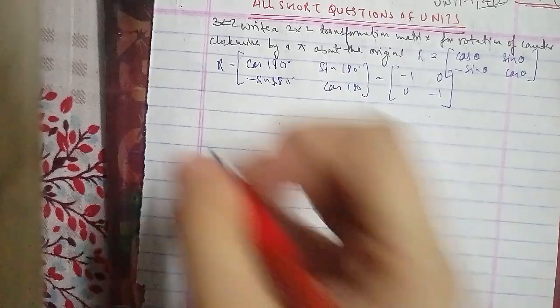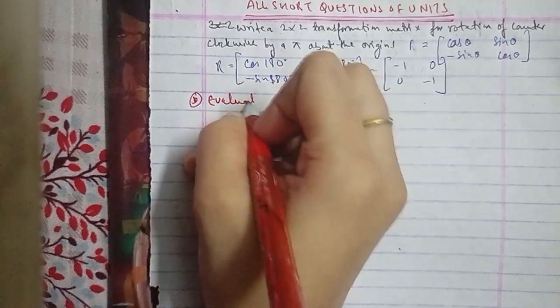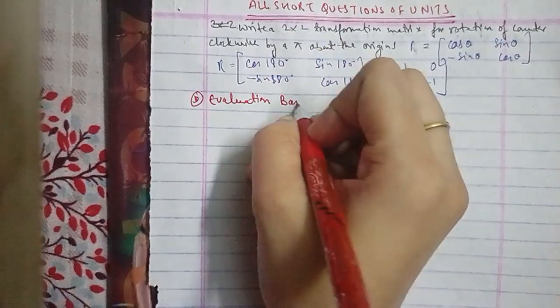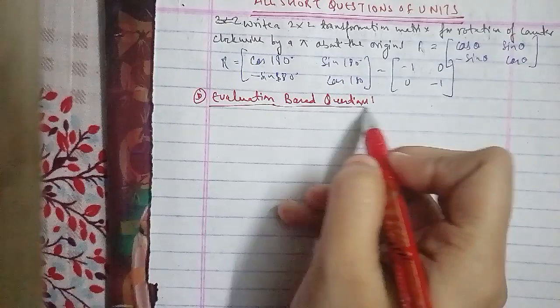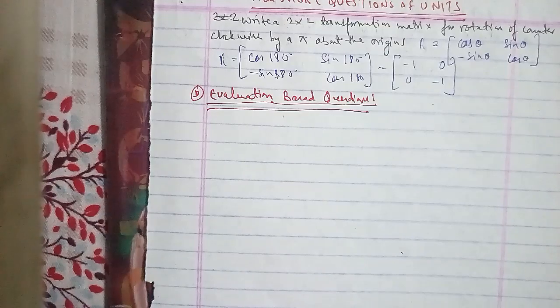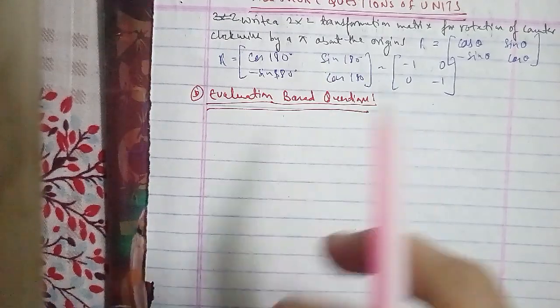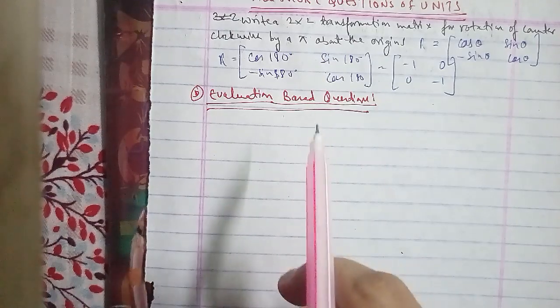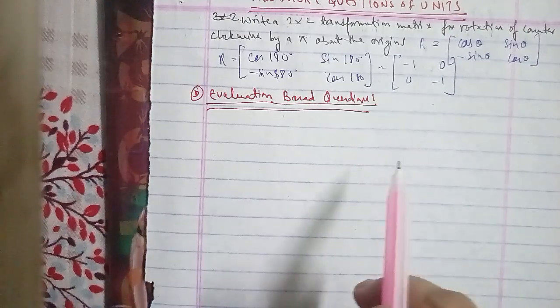Now we'll talk about the evaluation based questions of unit 2 that we have to complete. In the first evaluation based question, the algorithm is based on binary search, and the clipping category of the two line segments in this algorithm can be determined by their region codes, and it is best suited for hardware implementation. You have to determine the algorithm.